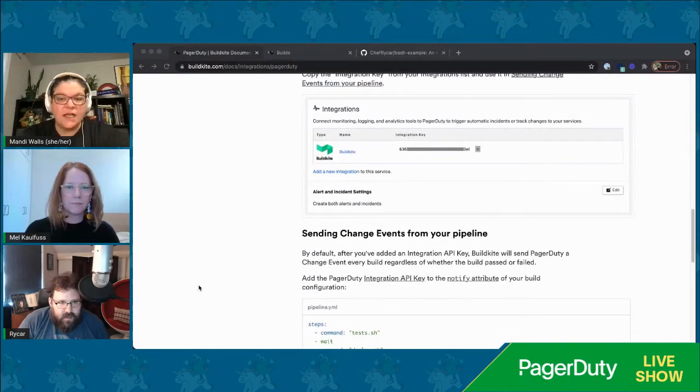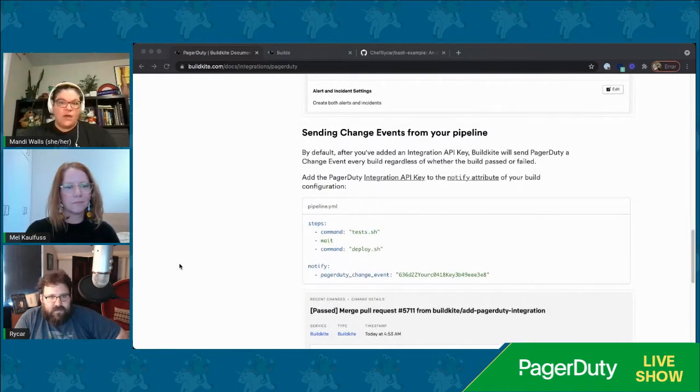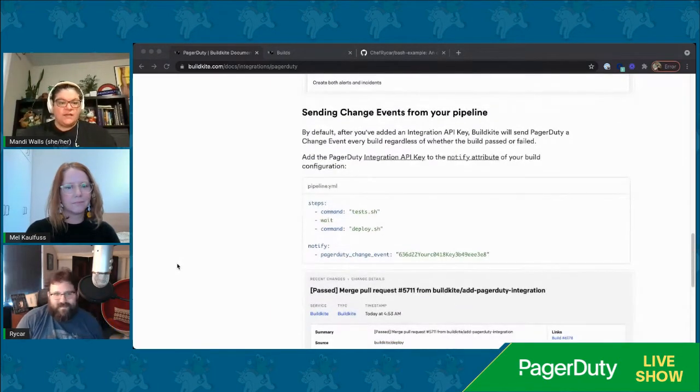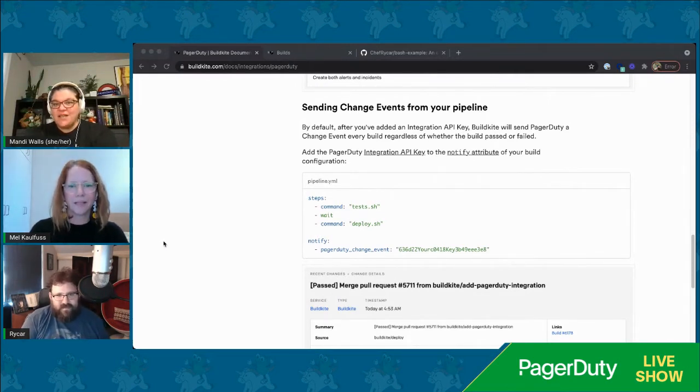Yeah, that's super handy. With some of the integrations on PagerDuty, it's about knowing where they get integrated. Some stuff is integrated at the account level, and then there's things like this where you want that information at the service level so that it actually ties back to the impacted service when you've got a change.